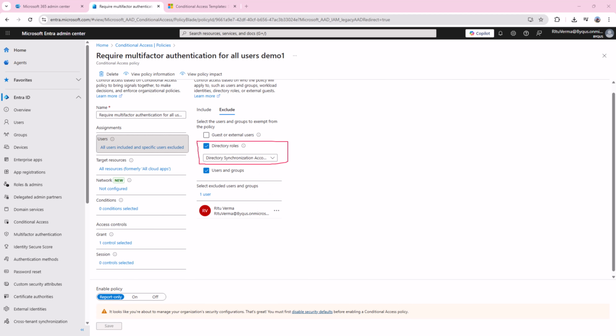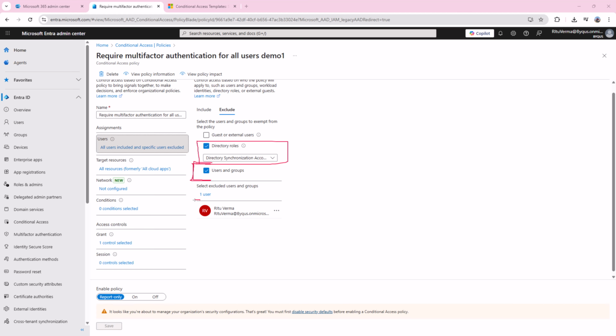And in future, if you create a service account and you want to exclude it from this conditional access, you should keep it checked.